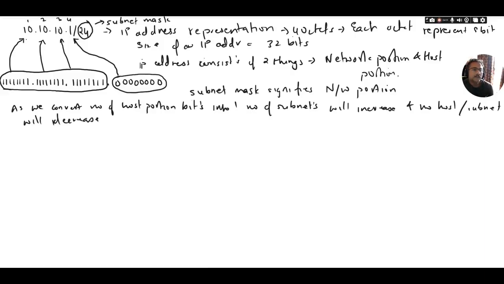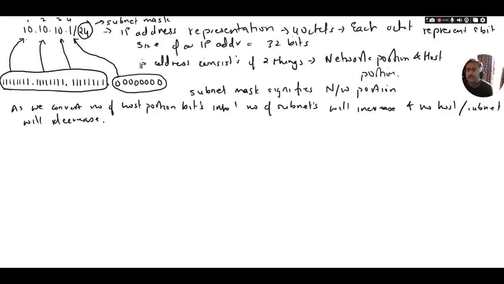If we convert 1 host bit from 0 to 1, it will give 2 subnets and 128 hosts. But if we convert 2 host bits into 1, we will get 4 subnets, but the number of hosts per